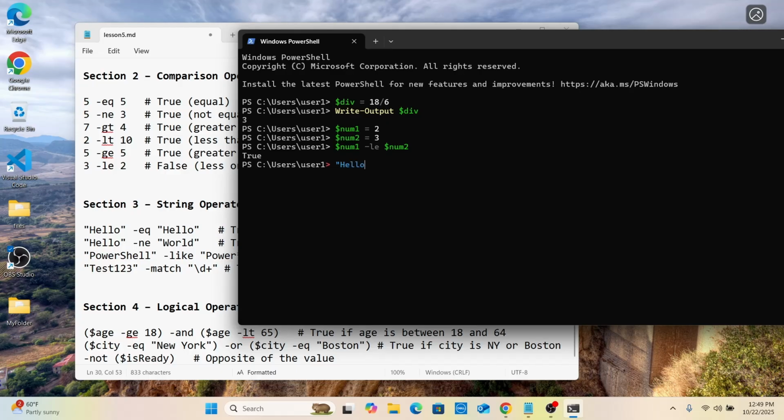I'm going to type "hello", which is a string, and simply do equal, and this time I will type "hello" but with lowercase. So what do you think the result will be? Press enter to see. All right, true. So from here, this comparison is case insensitive. It doesn't matter whether it is uppercase or lowercase, as long as it's the same,